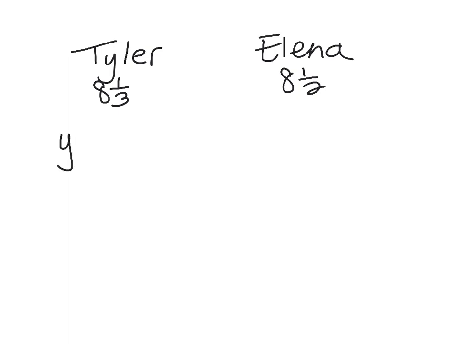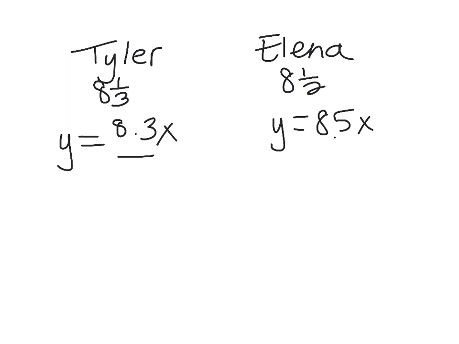but if we set up our relationship where we have y equals kx, this would be y equals 8.3x for Tyler, and it would be y equals 8.5x for Elena. Then if we divide both sides of our equations, well, actually, let me just back up a second. We need to know how much farther Tyler goes in 10 minutes. So instead of y, we're going to do 10 minutes, because if you look at the graph, the y-axis is time. So I'm going to rewrite this equation as 10 equals 8.3x, and for Elena, same thing for 10 minutes,